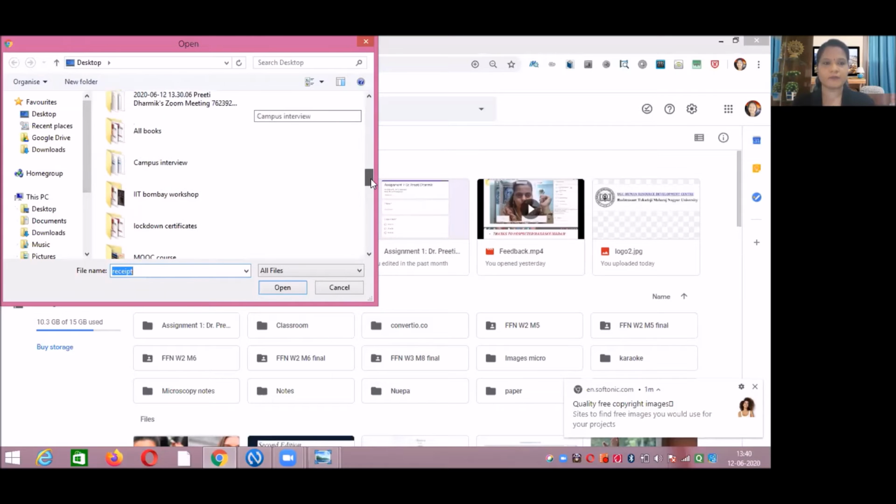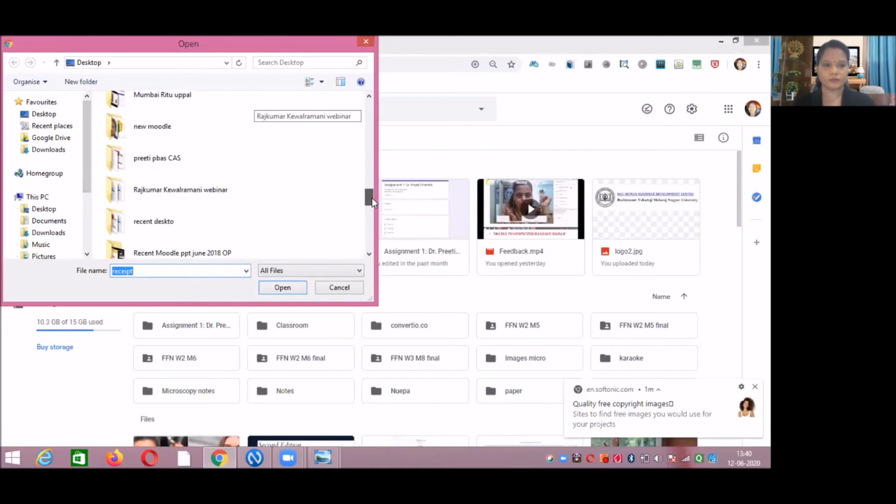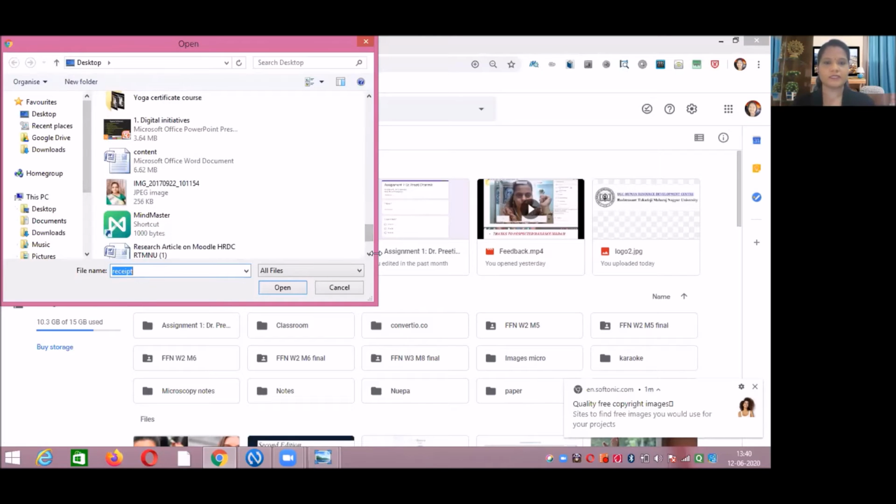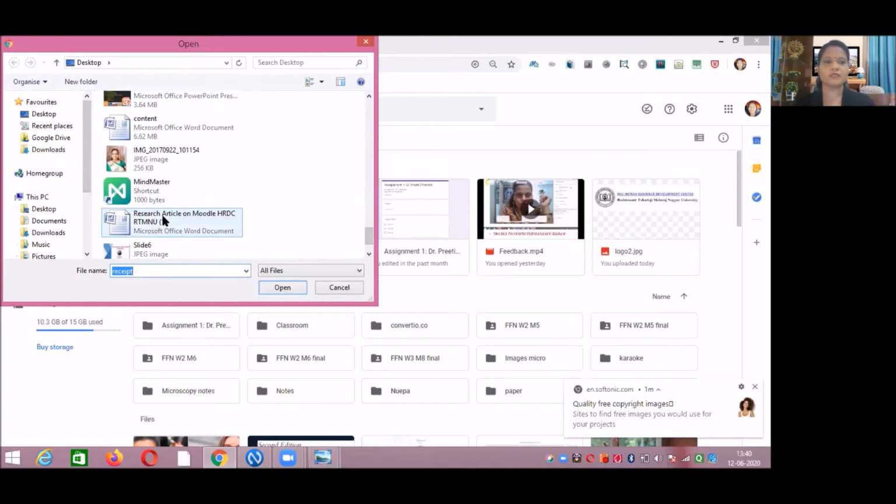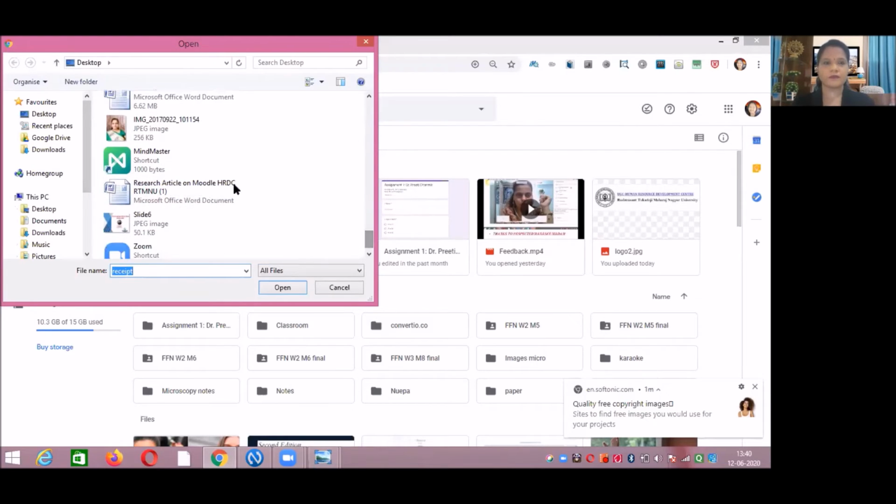For practice, I am uploading one Word document. See, for example, I have to upload this research article. It is present on my desktop. You have to click on that particular file and then click on Open.